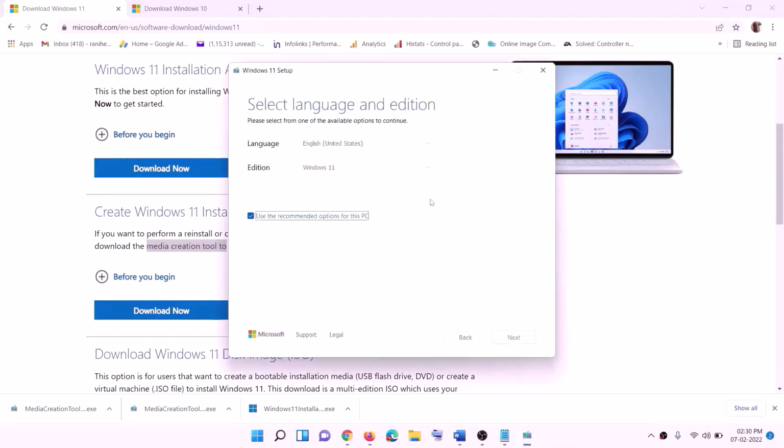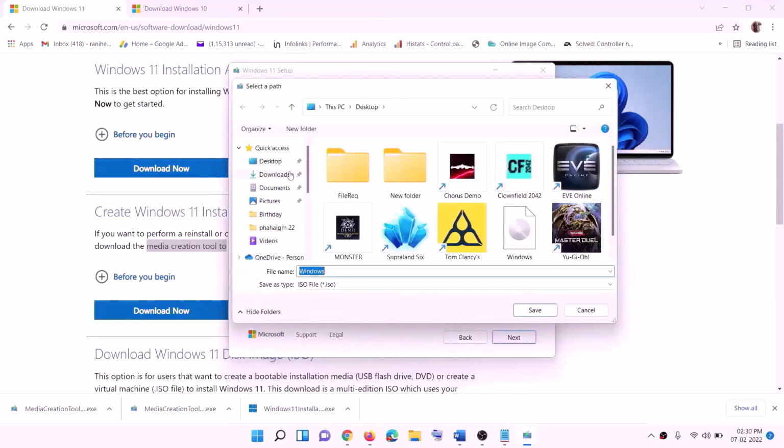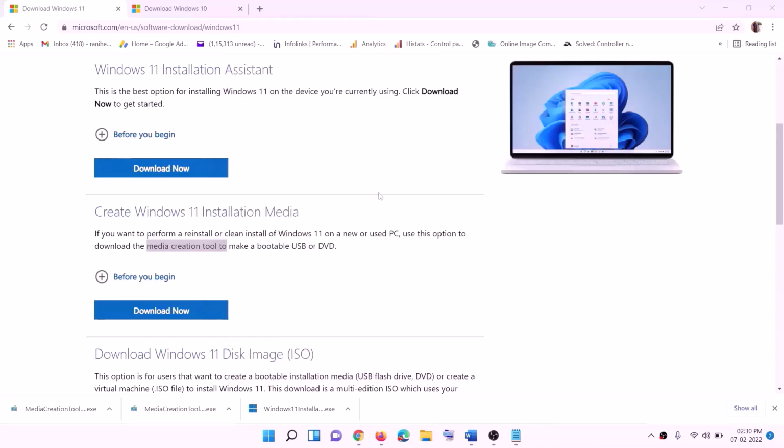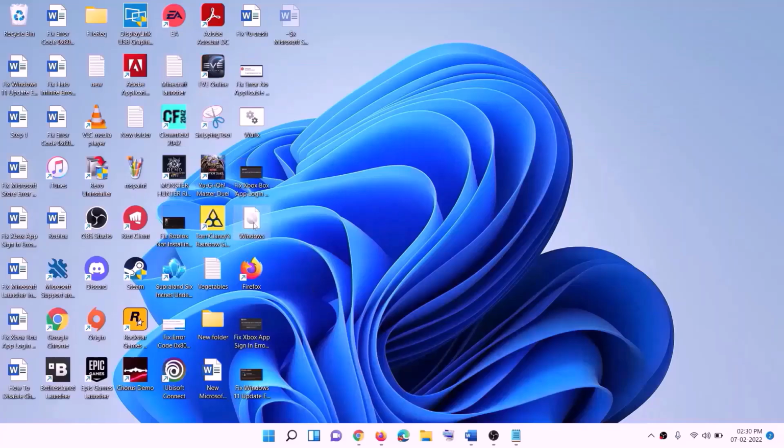Now click on accept. By default Windows 11 would be selected. Click on next. Select ISO file, then click on next. You can save the location. You can set the location as desktop and then click on save over here. Now once the download is complete, click on finish and then go to desktop, find Windows ISO file,